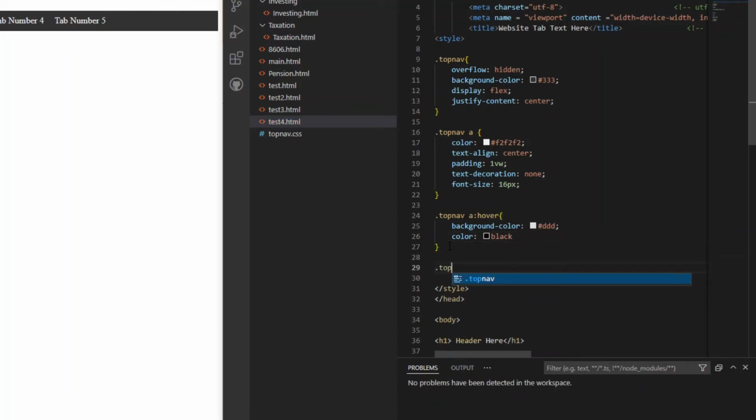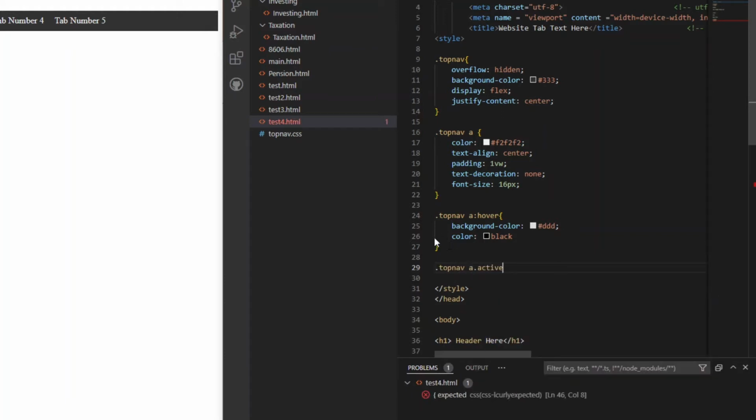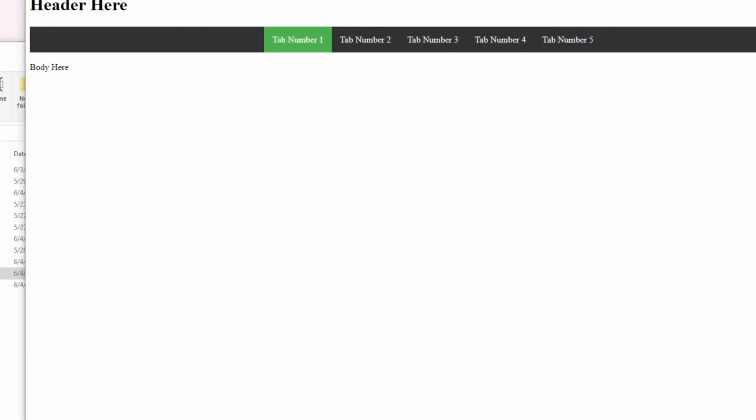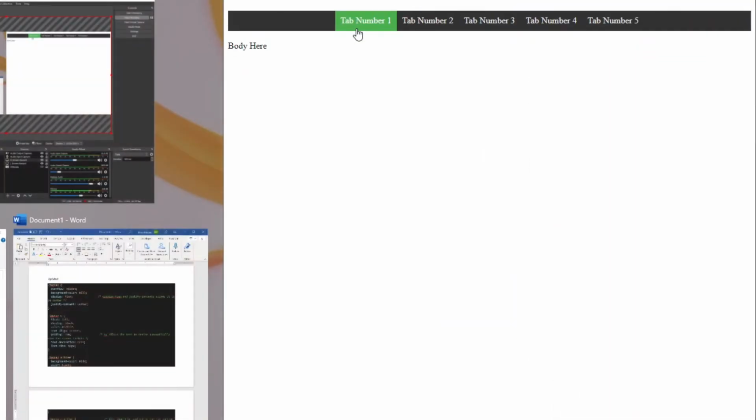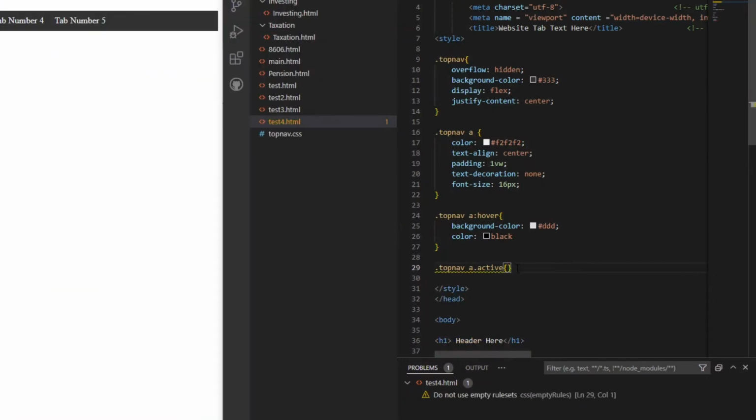And then the second part here is going to be the colors we want it to change to when, so we're going to have a different color that's going to show us what tab we're on. So it's going to be green in this scenario. So to get that green tab, we're going to say